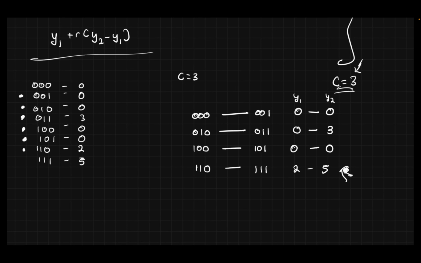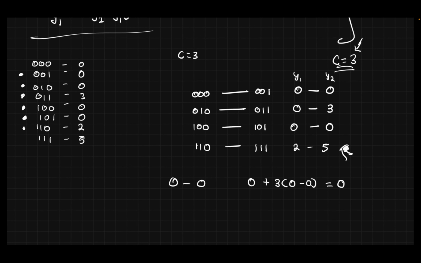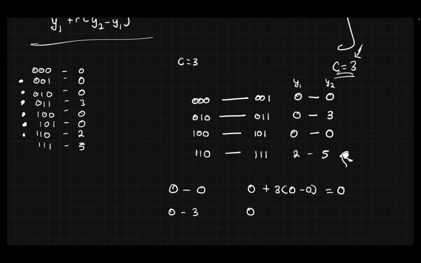For the first one, 0, 0, that'll be 0 plus 3 times 0 minus 0, which is 0. Then 0, 3, that'll be 0 plus 3 times 3 minus